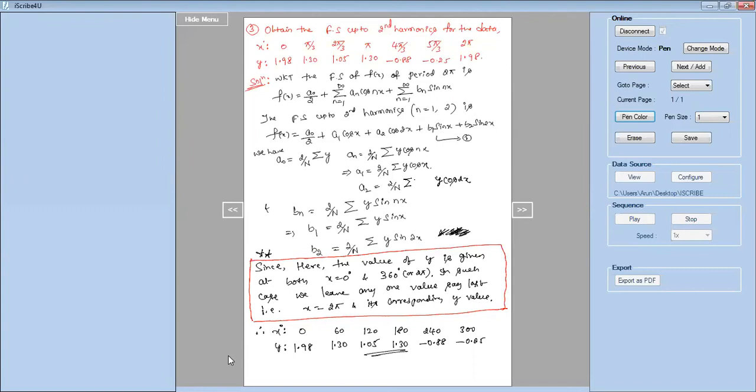So according to this, the value of n is, now you count: 1, 2, 3, 4, 5, 6. So the n value is 6. So remember, always n will be an even number like this. Right? So this is the difference. This is the one extra thing you need to observe in this problem.